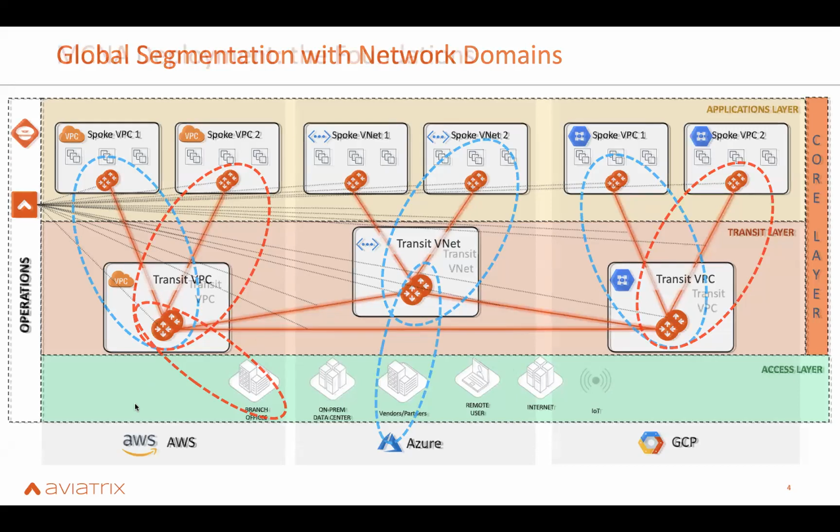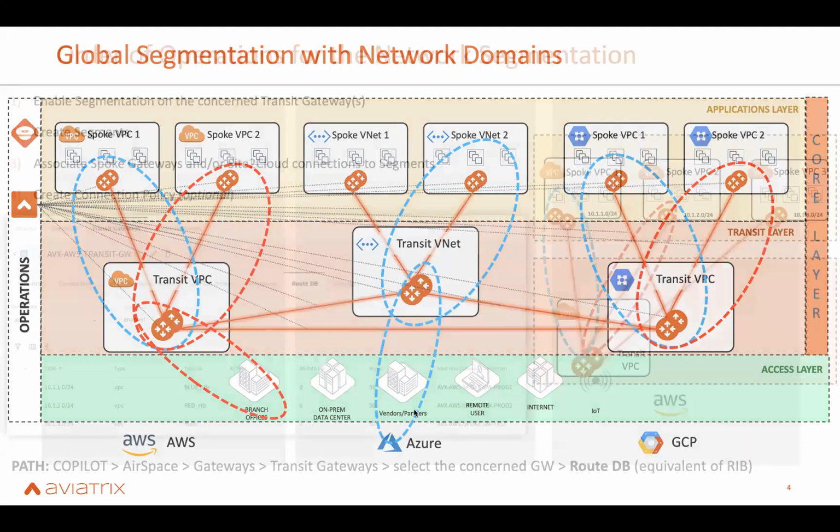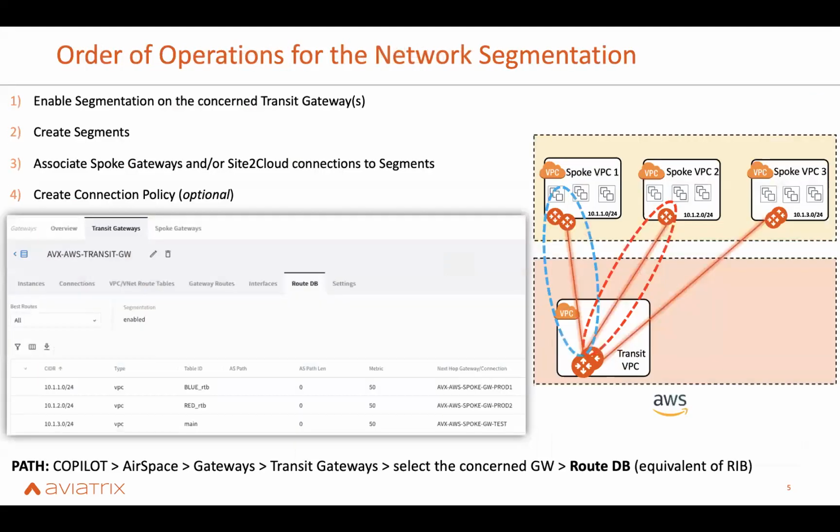Previously we had a flat architecture. Now we're adding, in this case, what is called a blue and a red domain, and you're assigning different spokes or even different external connections to these different domains. So in terms of configuration or operations, you will need to enable segmentation. So let me show you what this is all about